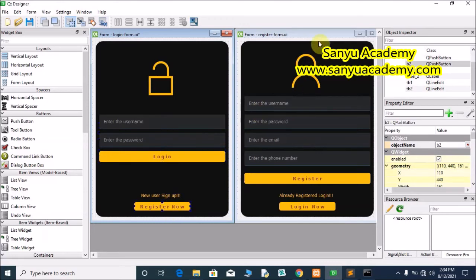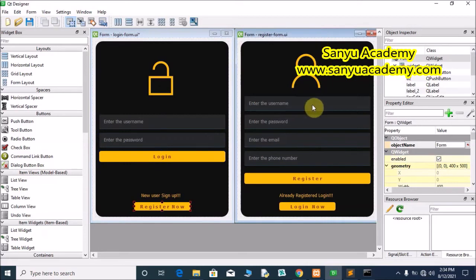Now we will come to the registration form. Here we will continue to give text box names.